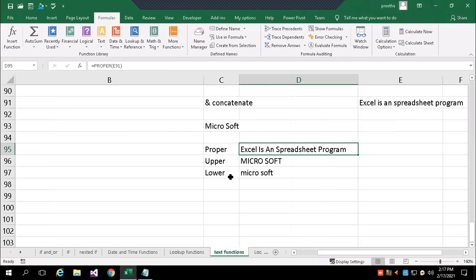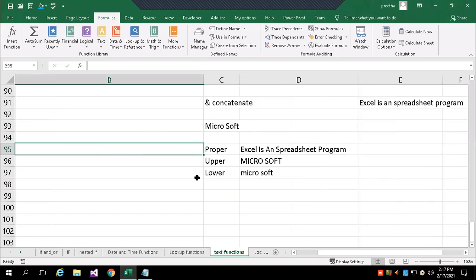Okay, next. At the end of this week, I'll be sending the notes, or side by side you can make a note of that, which is better. Anybody who has doubts, you can ask me.